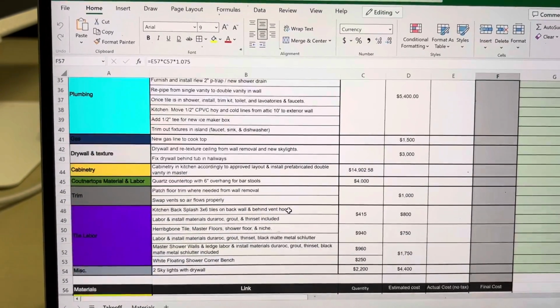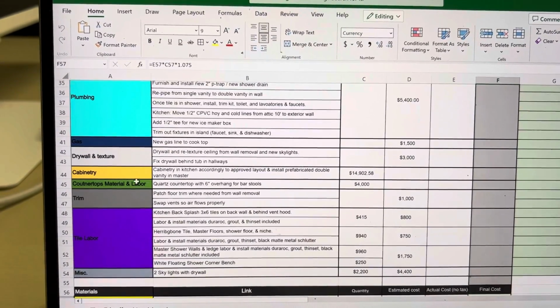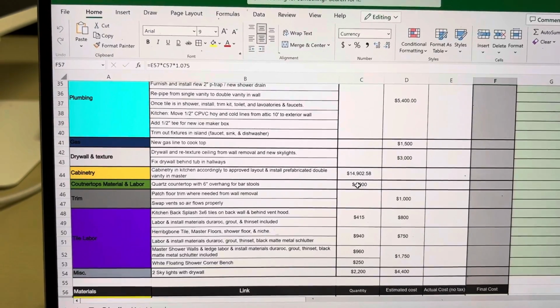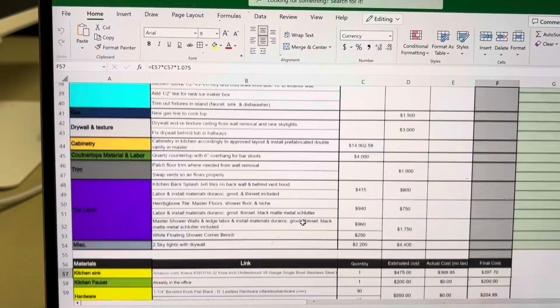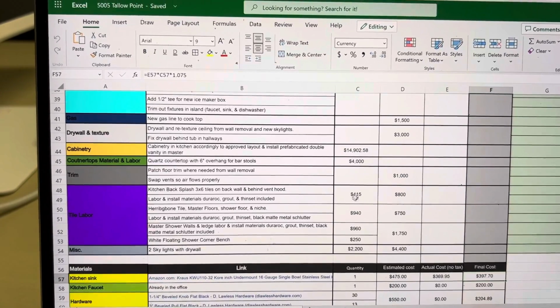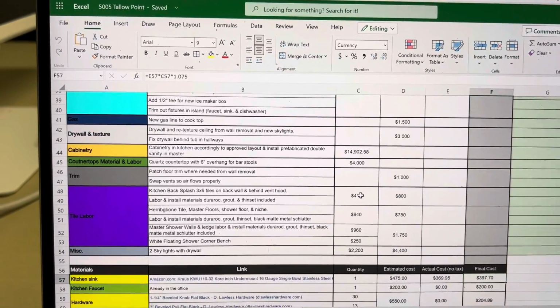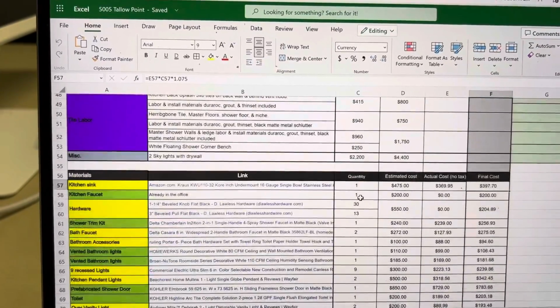So plumbing here is a little different because cabinetry we're paying for the materials, including labor. Same thing for countertops, so they go here. And same thing with tiles, for example. However, the tiles in this situation, since we're the one ordering them, this is where we get next to our